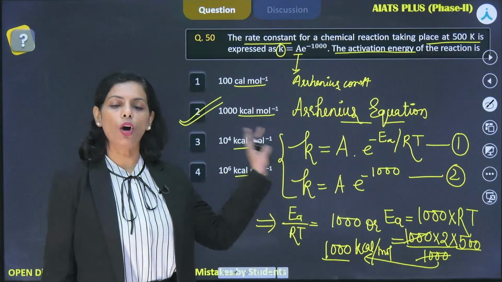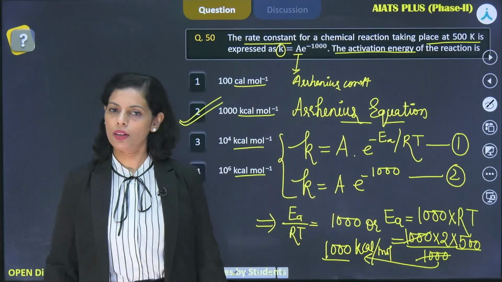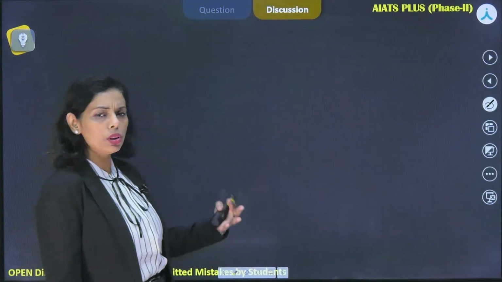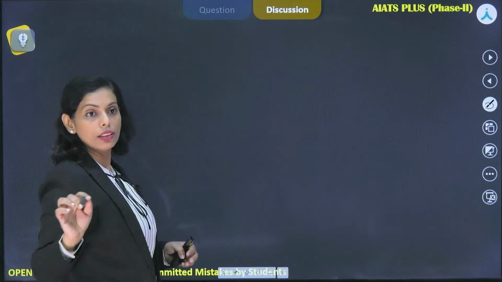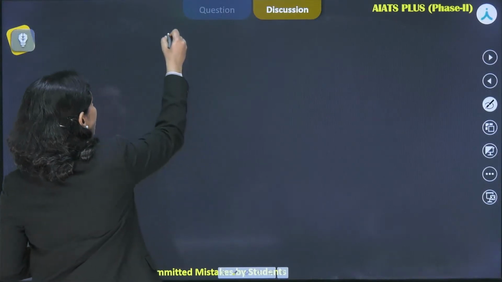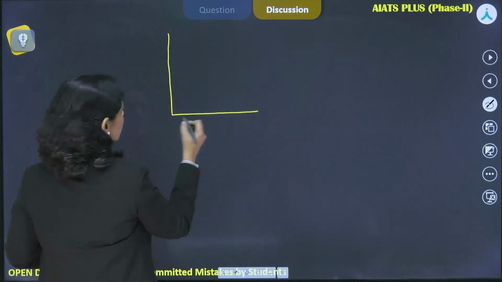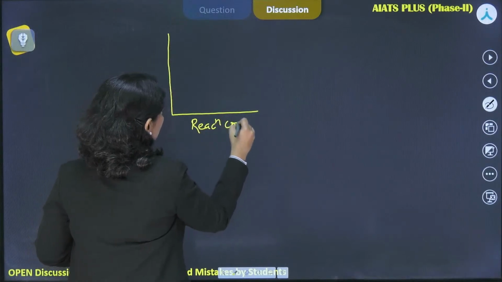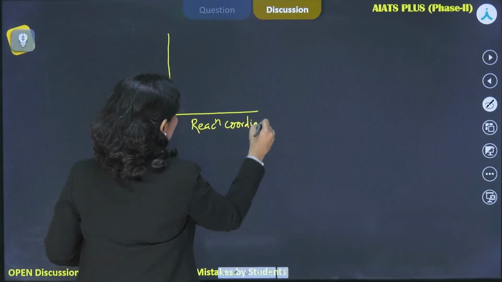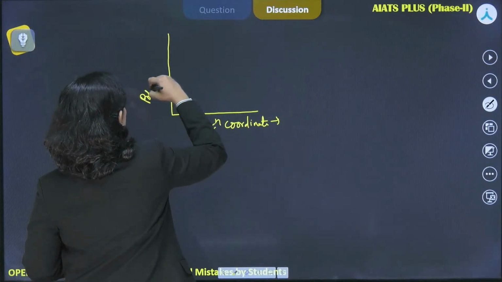Everyone, did you all get this question? If you find such a type of question, you can answer this way, right. Now, let's talk about something more with respect to this activation energy concept, right. So, I hope you know that suppose a graph is given and here the reaction coordinate and here the potential energy that I have taken,